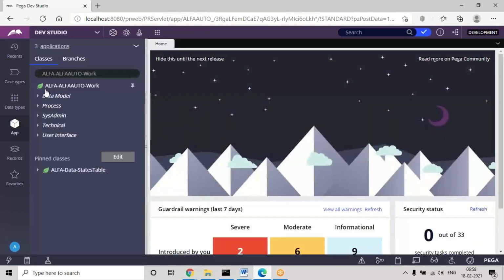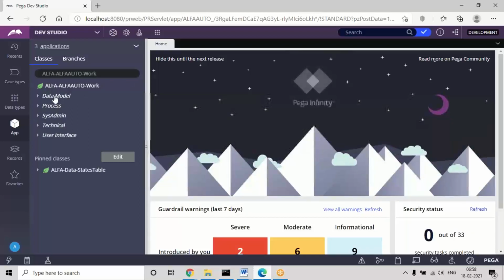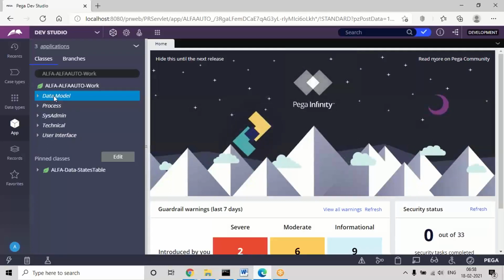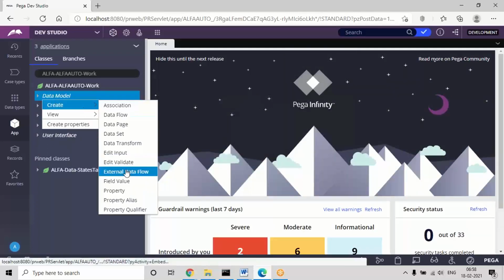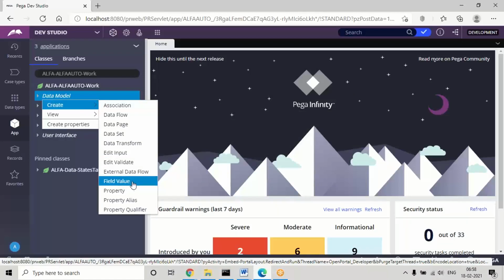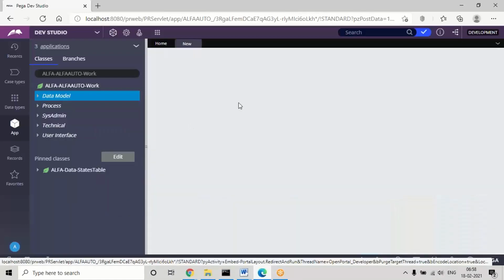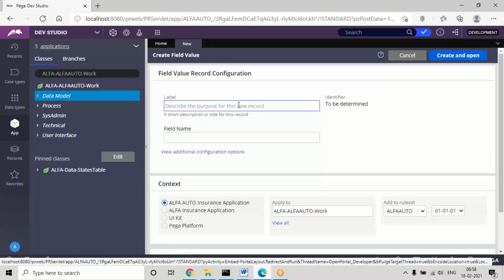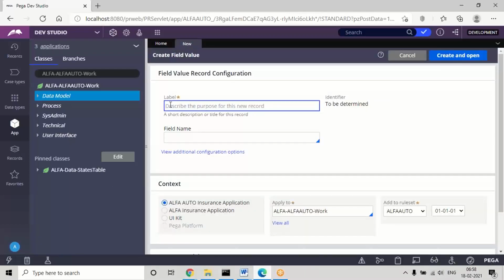Both we can create from the data model category. So go to data model. The rule name is field value. I'm giving the status name.